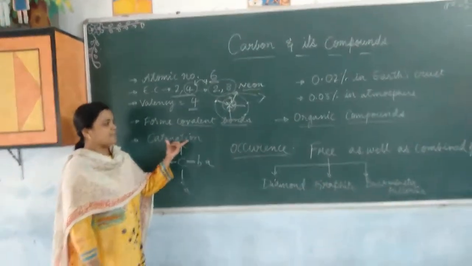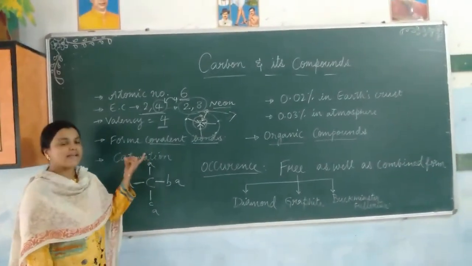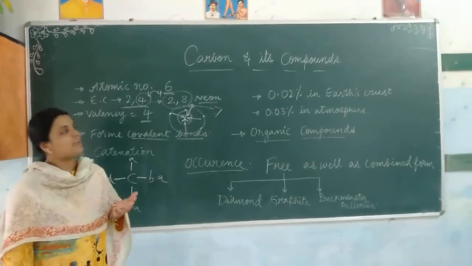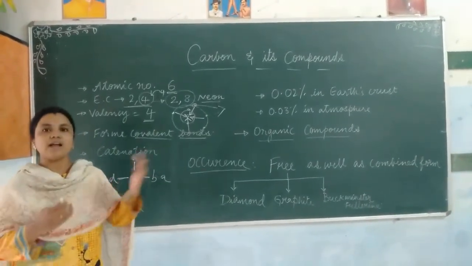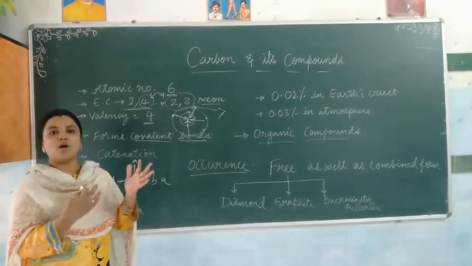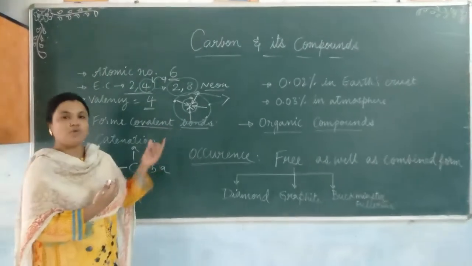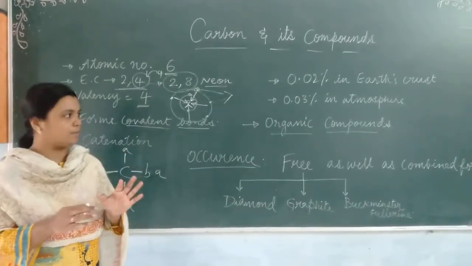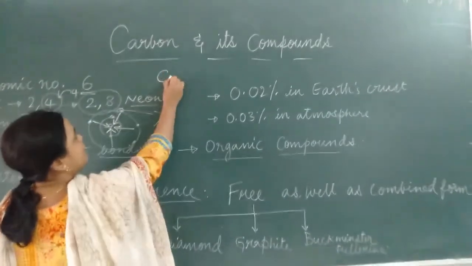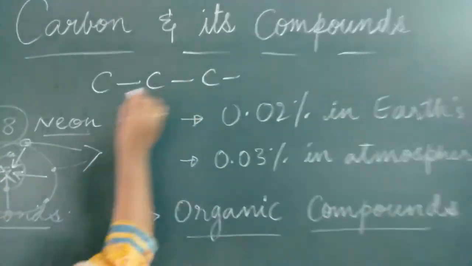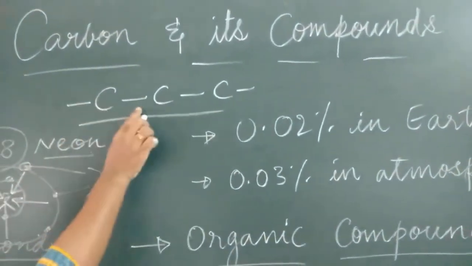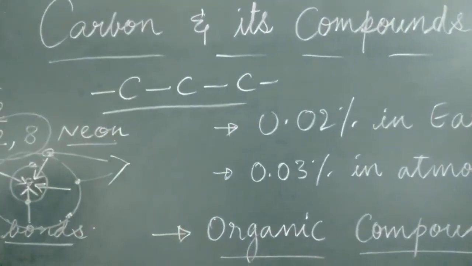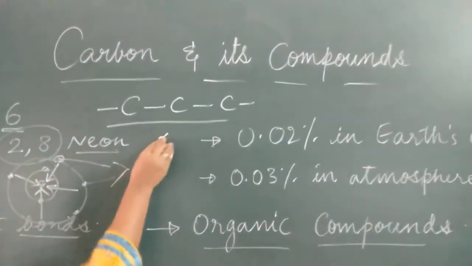The next one that I am going to speak about is catenation. Catenation means self-linking, children. That means carbon and carbon together can form self-linking with the help of covalent bonds and form long chains of carbon backbone. Say for example, carbon and carbon linkages like this, children. Carbon can form bonds with the other carbon atoms and form long chains, or it can also form